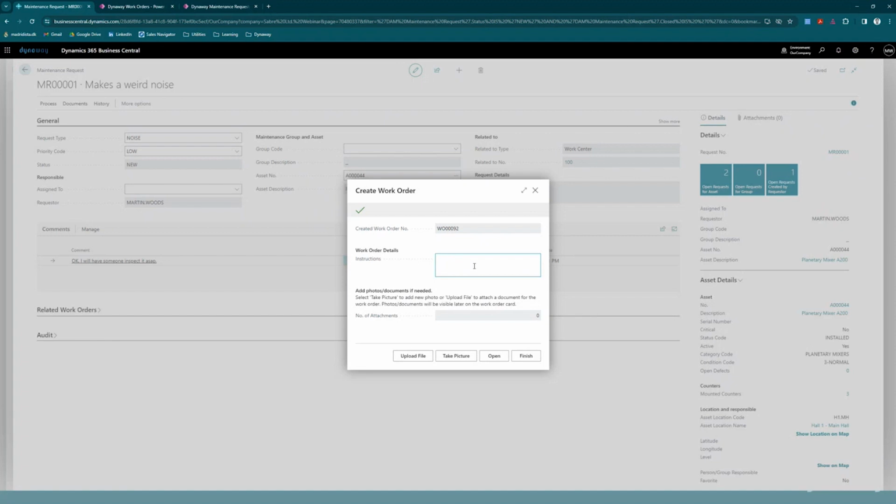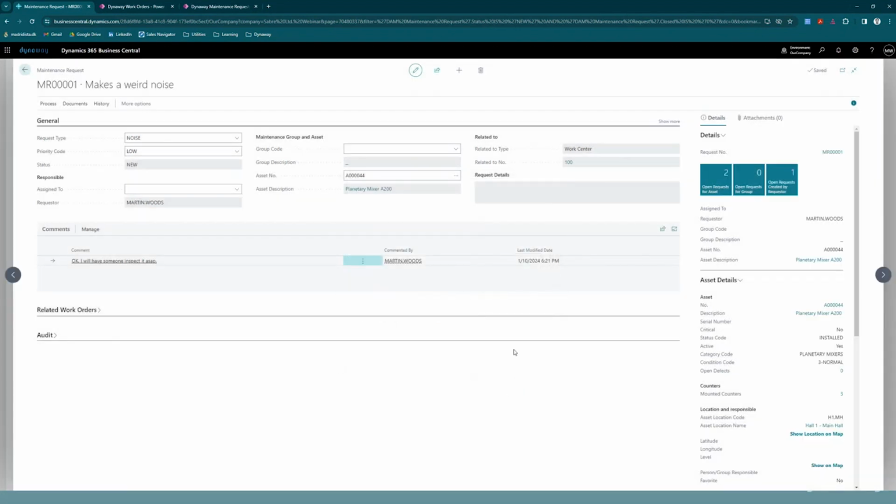And I can put in some more details. Usually it just needs to be banged on the head a few times. And then I can upload file, take picture, finish, and open. So right now I'm just going to finish, click finish, and then I'll open it to show you the work order afterwards. Click finish. So now the actual work order has been created, and now I might want to change